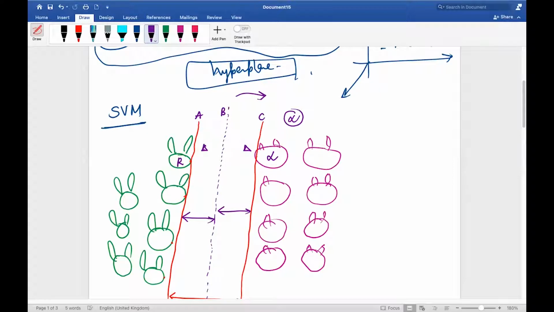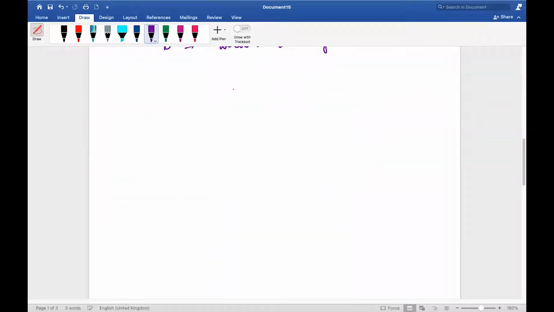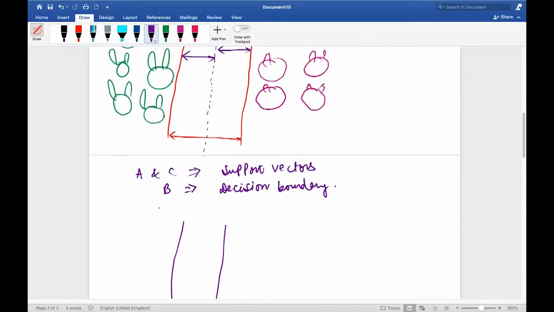Remember what the concept of drawing the support vector was? It passes through the closest two points. Let's say the nearest rabbit is here and the nearest lion is here. Now it is no longer here, it is nearer. So the margin will become less, yes or no? So for my other support vector, I don't want to draw it here, so I'll draw it here. Let's say now it is closer. So this is my first support vector and now the second support vector. Obviously both need to be parallel, correct?